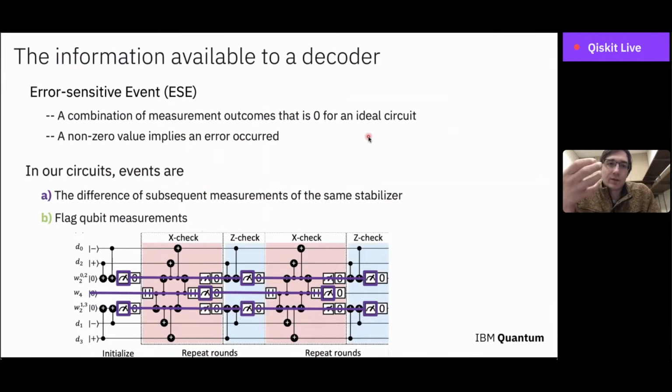So these error-sensitive events are some combination of measurement outcomes that would be 0 if you had an ideal circuit, but there were no errors in the circuit. So therefore, if you see a non-zero value, then it means that an error occurred. So in the circuits that we do, where we initialize some logical state of the error correcting code, and then we repeat rounds of parity check measurements, the error sensitive events are the difference of subsequent measurements of the same stabilizer. So that's what I'm trying to indicate here,